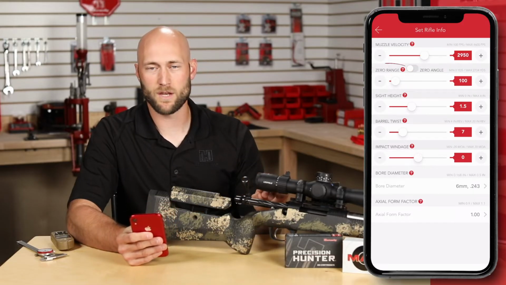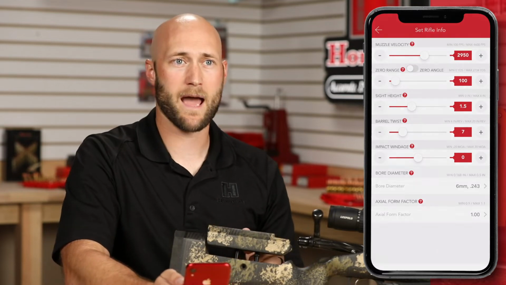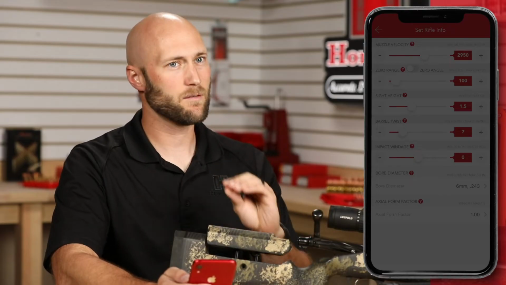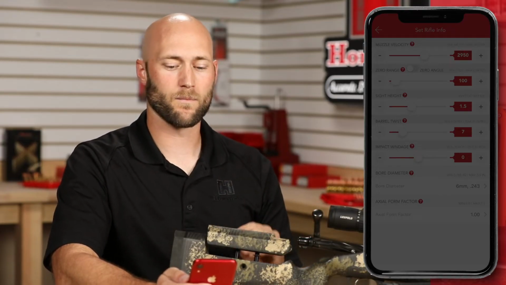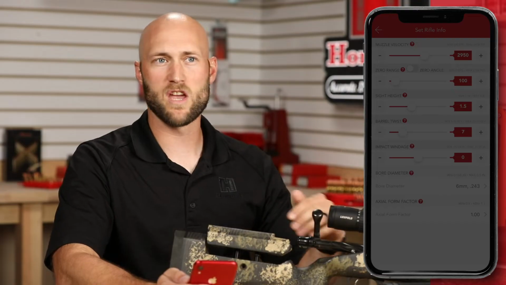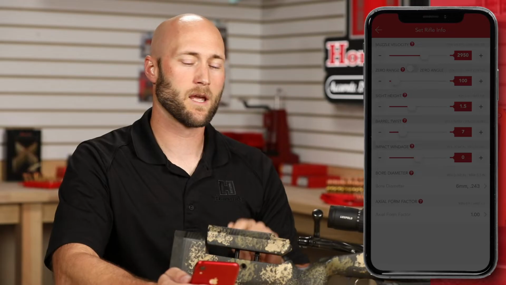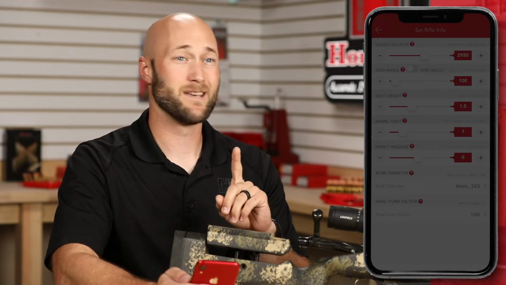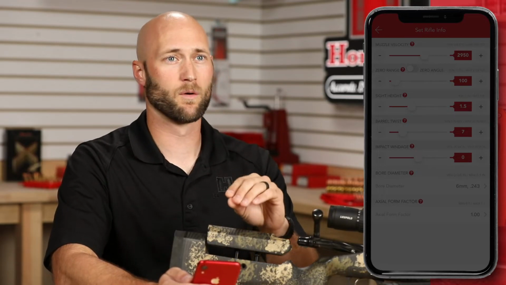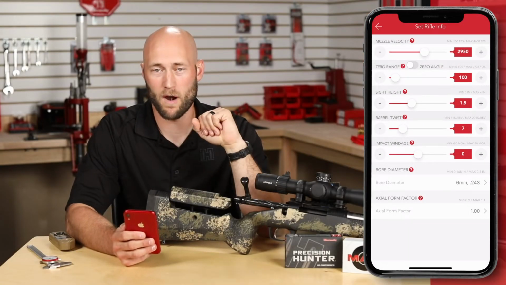Next is the zero range and zero angle. And this is one of the hallmarks of using the FORDOF app, is that we use something known as zero angle, and it is different than zero range. It's going to increase the accuracy of the calculations throughout a wide variety of elevations and temperatures, and no matter where you go in the world, your solutions will be accurate because you're using zero angle. Not true if you use simple zero range. So we're going to leave the zero range at 100 yards right now, and we're going to move on to